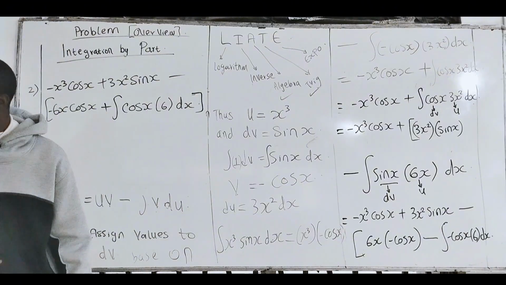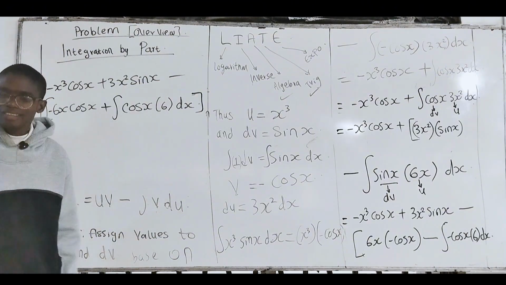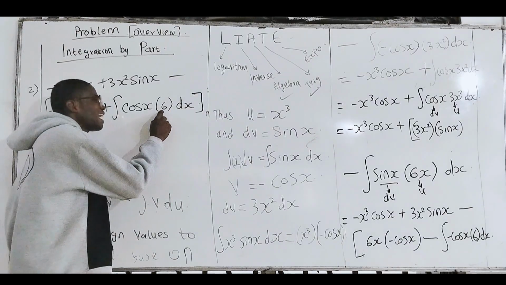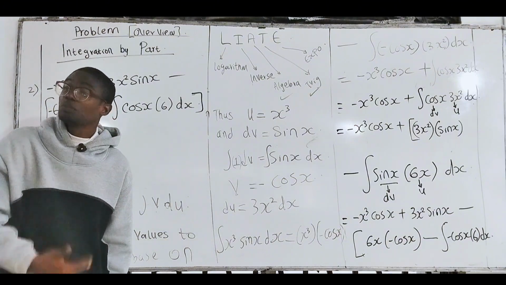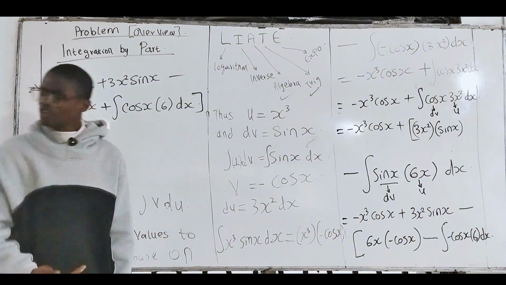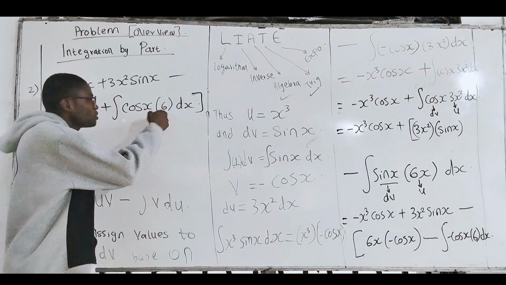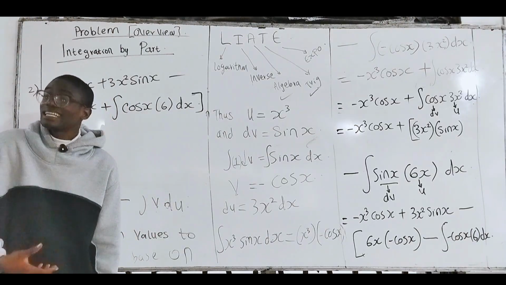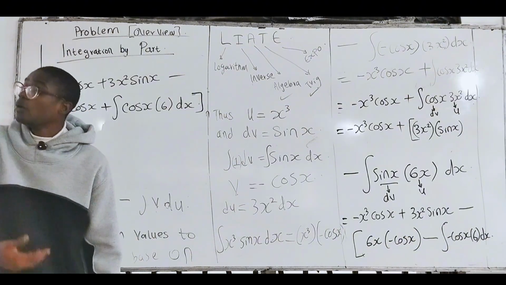Because there's no x. Now look at the integral of this with respect to dx. There's no x attached to 6. Since there is no x attached, 6 has become a constant. Are you understanding it? The reason we were applying it all this while is that something is attached to the constant, so it becomes a function. Whenever x, a variable, is attached to a constant, it becomes a function called polynomial